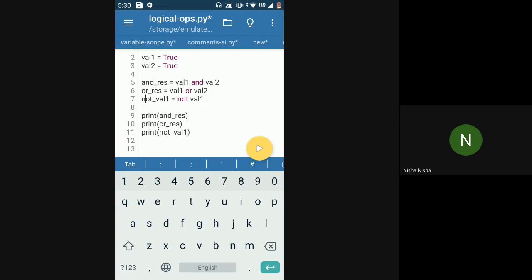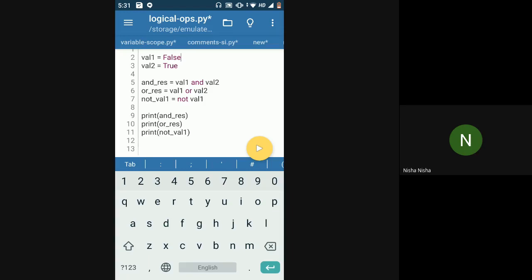Okay, so now if I'm using not in front of a Boolean operand, like val1 in this case, it will just convert the value. That is val1, which was true, not val1 would be false. If val1 is false, then what should be not val1? Anyone?